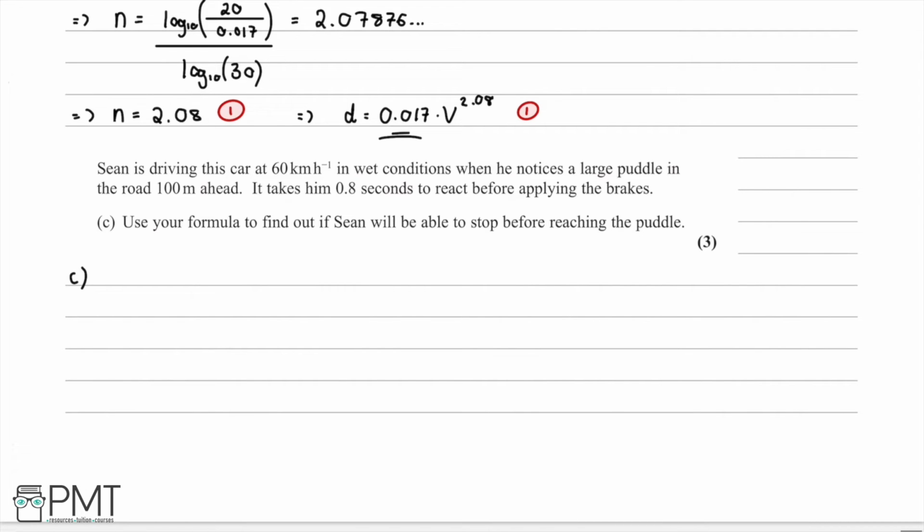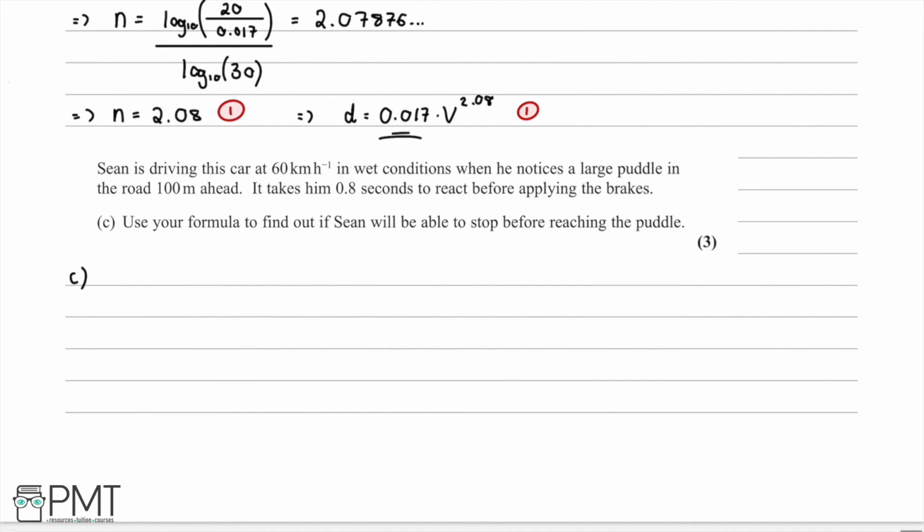We're told that Sean is driving this car at 60 kilometers per hour. And we have wet conditions, and Sean notices there's a large puddle in the road, and it's 100 meters ahead, and it takes him 0.8 seconds to react before applying the brakes. And we were asked to use our formula to find out if Sean will be able to stop before reaching